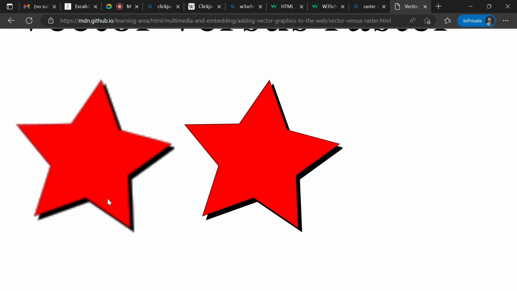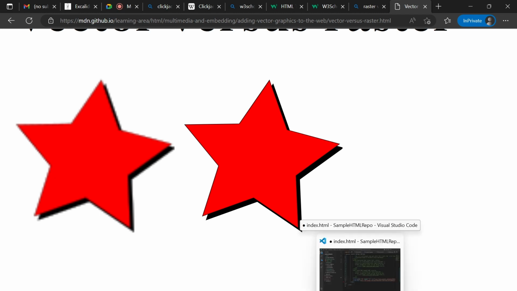So what happens when we zoom in? It tries to increase the space of that pixel, meaning it tries to accommodate more and more pixels. While this one is algorithmically coded, meaning it is specified how much space should be present, in a scalable manner. You will understand how to create it. We use XML, another markup language, to create these vector images. I will show you.